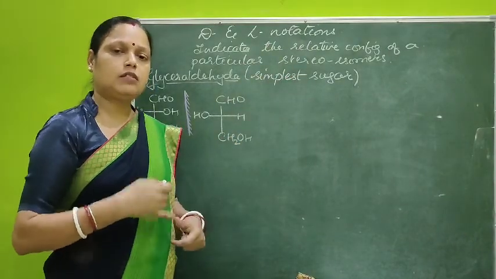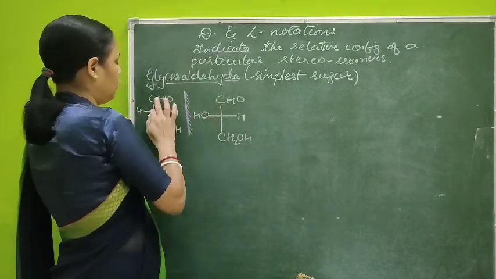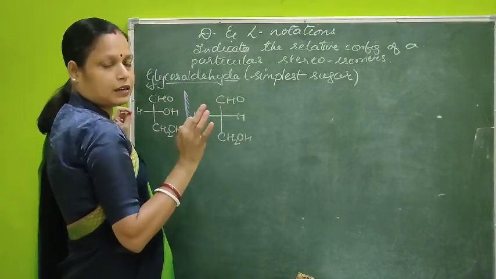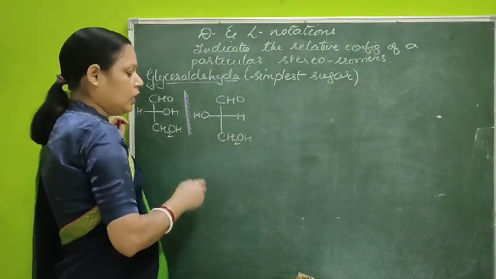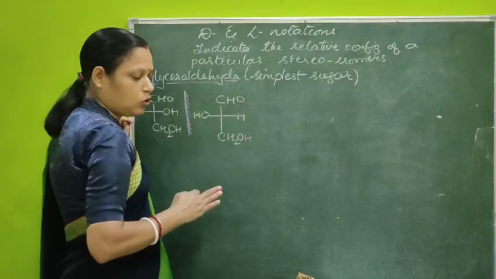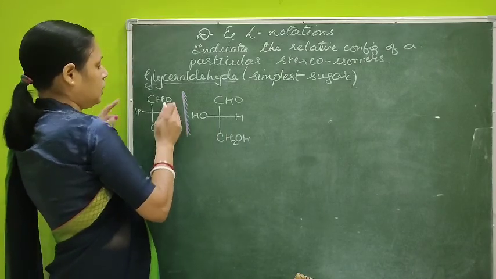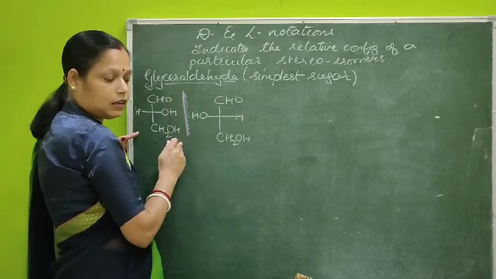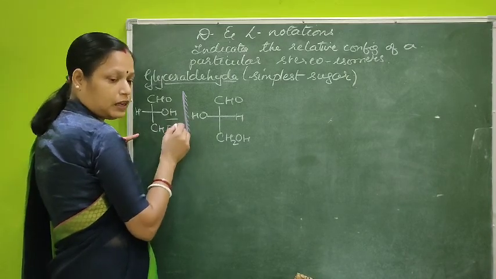We'll take here the simplest sugar, known as glyceraldehyde. 1, 2, 3. Overall 3 carbon atoms are there, so we can also call it aldotriose. Now, if I compare this glyceraldehyde with glucose, then what type of structures will be there? Look here. This is the basic structure of glyceraldehyde, where the alcohol groups are on the similar side, right hand